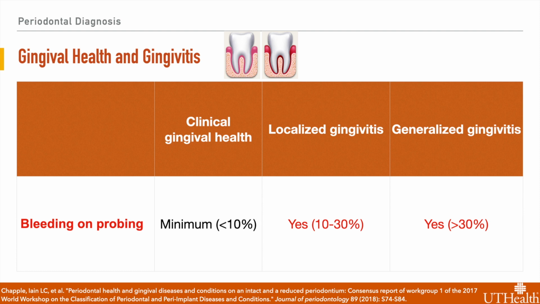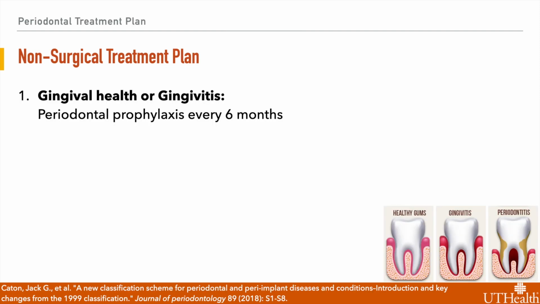To differentiate between clinical gingival health, localized or generalized gingivitis is primarily based on the percentage of bleeding on probing. When bleeding on probing is minimal, less than 10%, we determine that's clinical gingival health. Gingivitis is defined when bleeding on probing is greater or equal to 10%. Localized gingivitis is when bleeding on probing is between 10 to 30%, and generalized gingivitis is when bleeding on probing is greater than 30%. So based on our periodontal diagnosis, common non-surgical treatment plans include for gingival health or gingivitis,